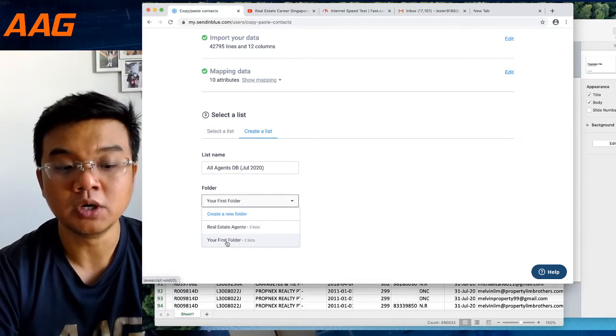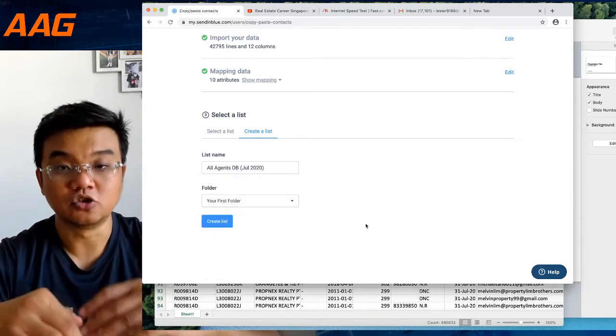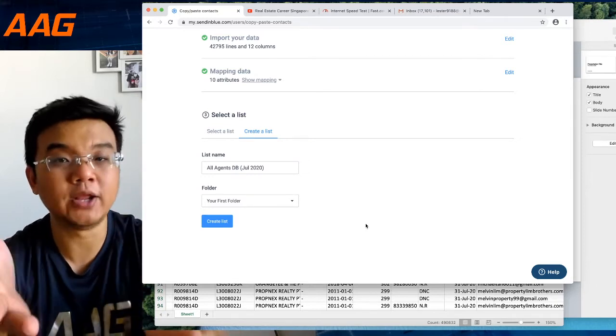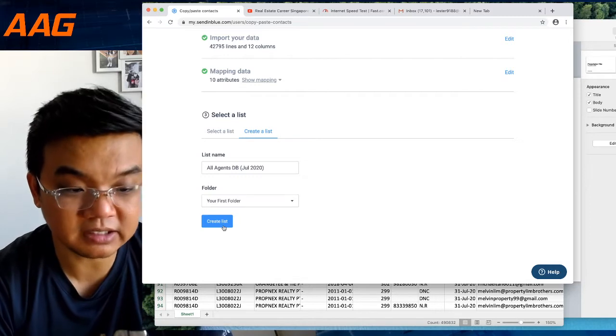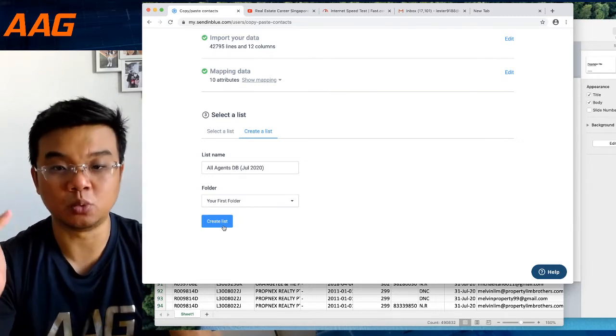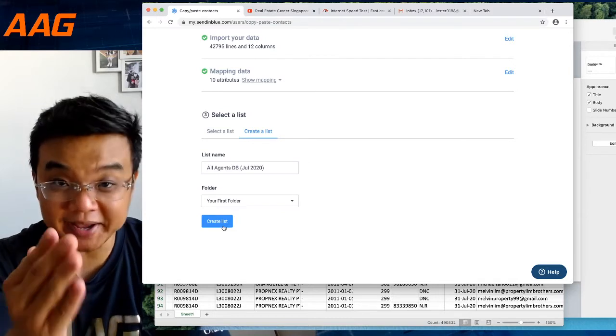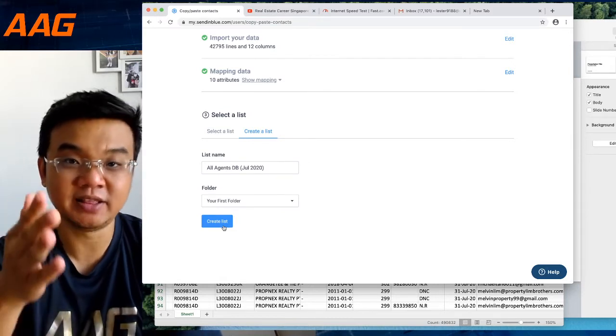Or you can simply choose your first folder and leave it there, it's okay. The folder is just your way to organize it. It's up to your preference. Once you are done, just click on create list and the database will be uploaded. Once you're ready, move on to the next step, which is to send your email campaign and